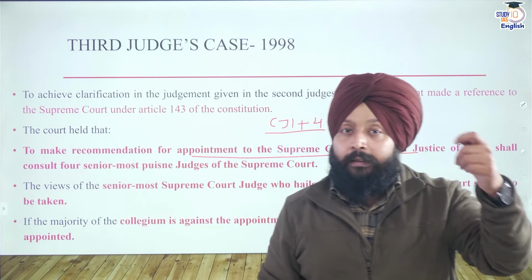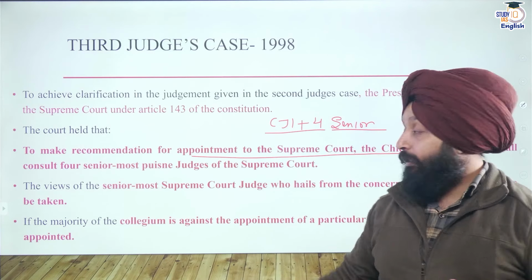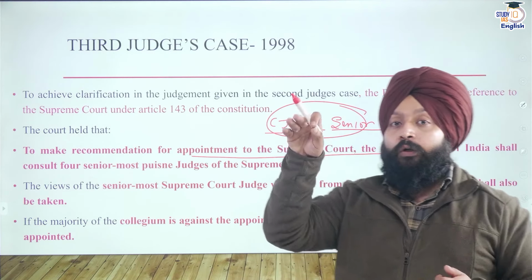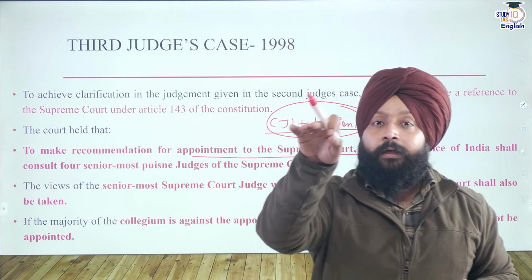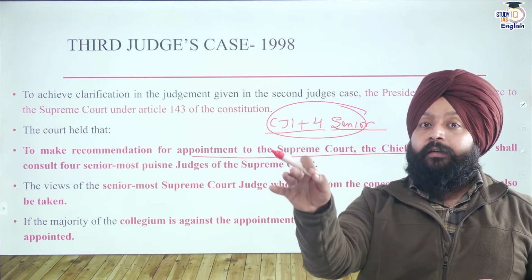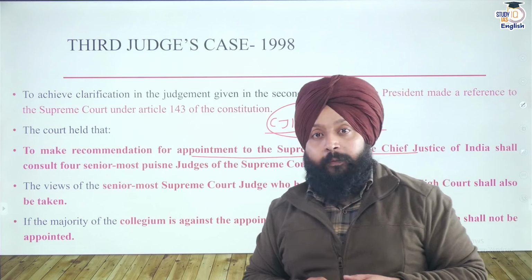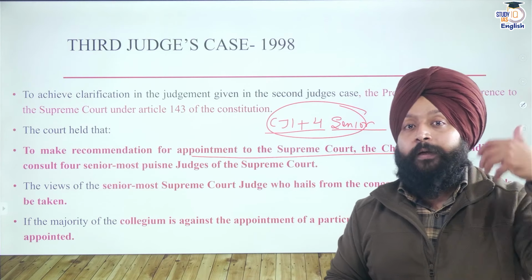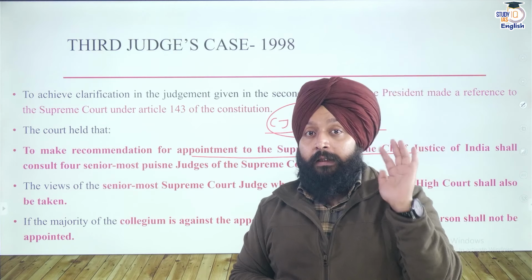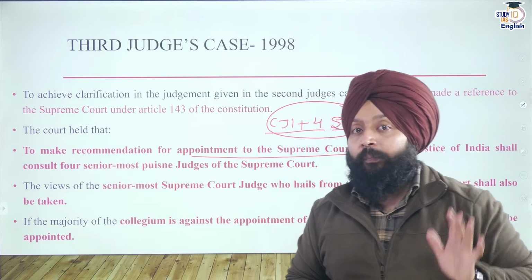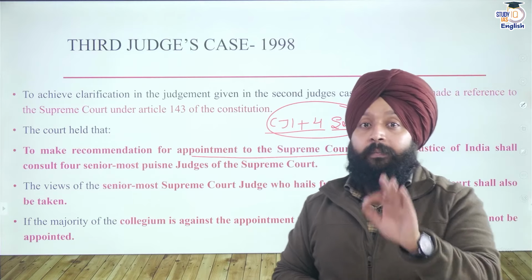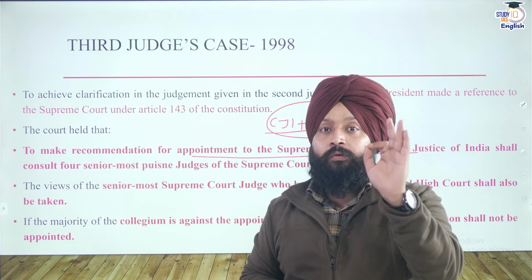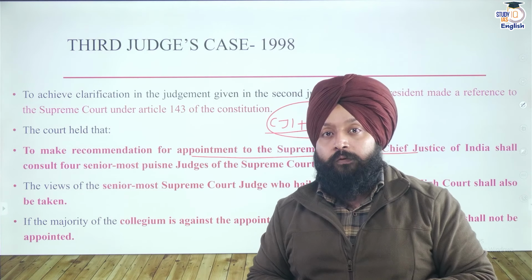Now, when the Collegium, this is a body which is called Collegium, gave its opinion to the president that a particular candidate shall be appointed, or rather shall not be appointed, the president at most can refer the opinion back for reconsideration. But if the Supreme Court still persists with the opinion, the president has no choice, but has to appoint that person as the judge of the Supreme Court.